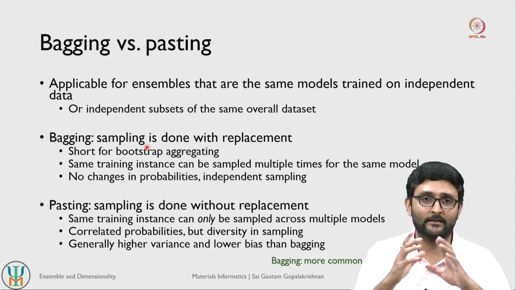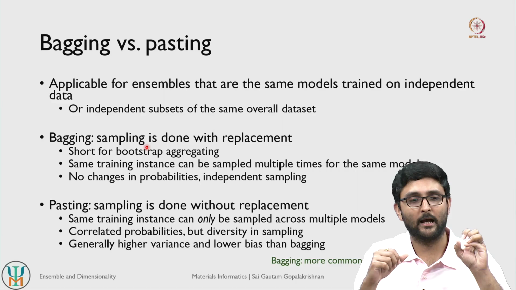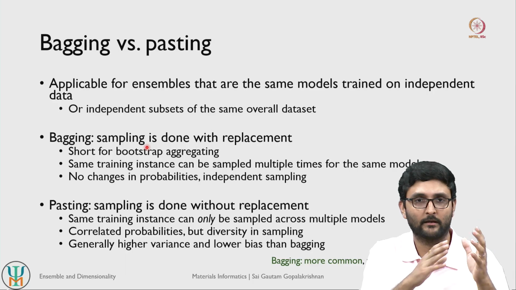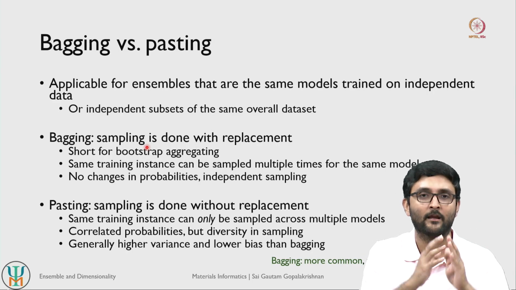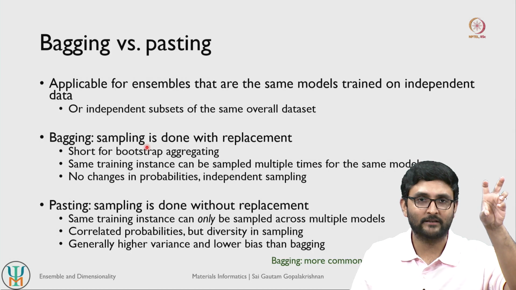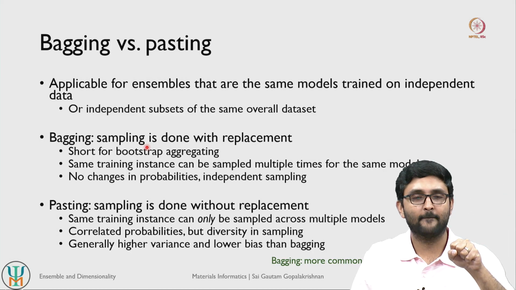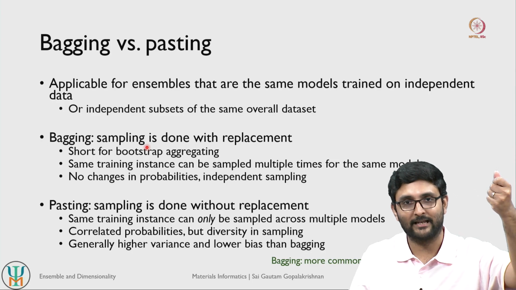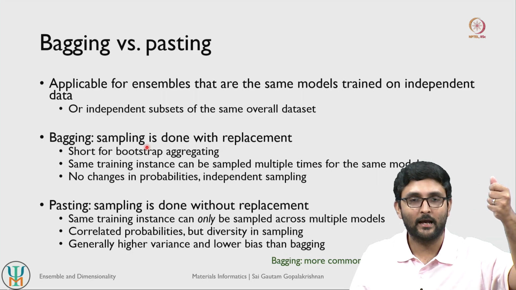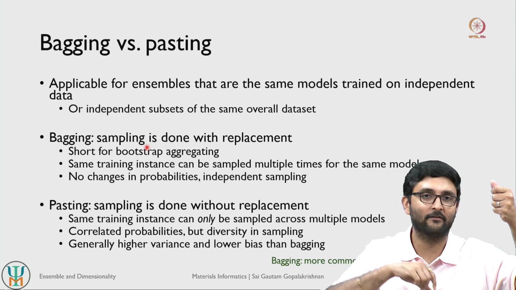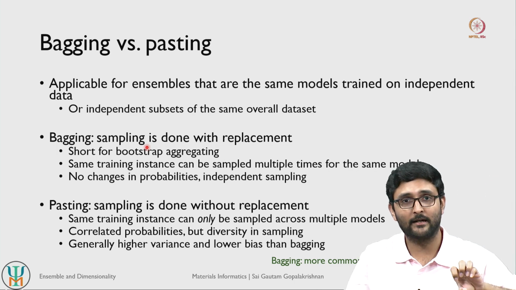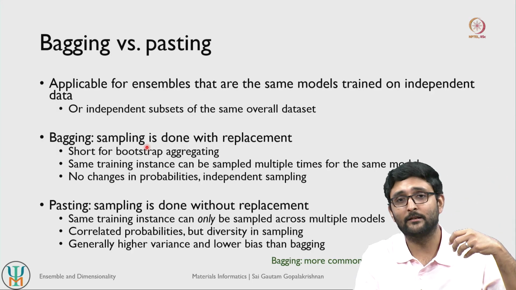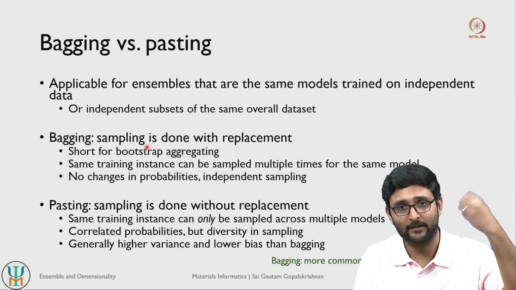What I mean by that is, let us say you have a set of 100 data points and you want to create models that are training on 20 data points. So 20 data point subsets of your 100 data points, right. Let us say you sample one data point out of your 100. Before you sample the second data point, you have a choice whether to replace the data point that you had sampled or not. When you replace it, you have a chance of getting the same data point again in your subset of 20 data points. If you do not replace, then you do not have the chance of sampling the same data point again.